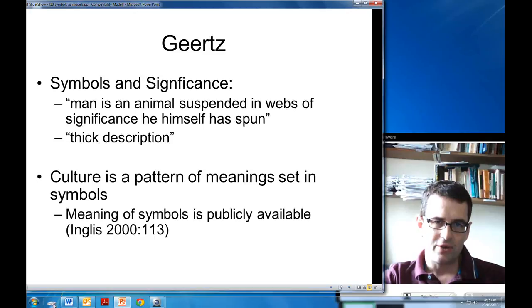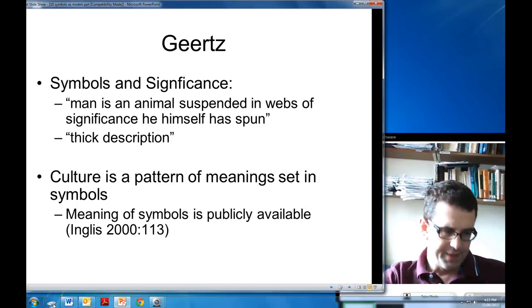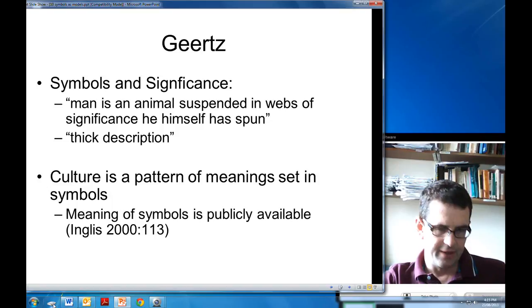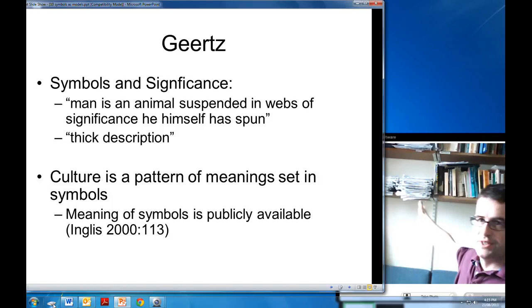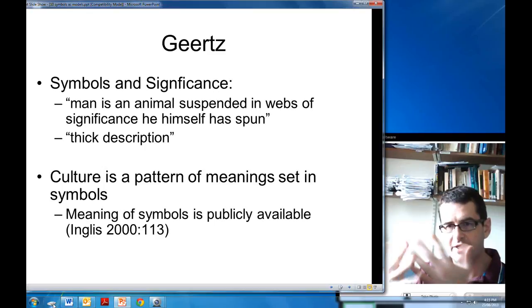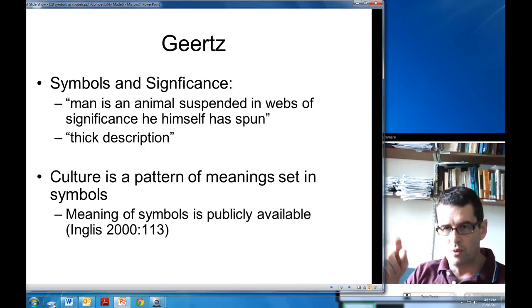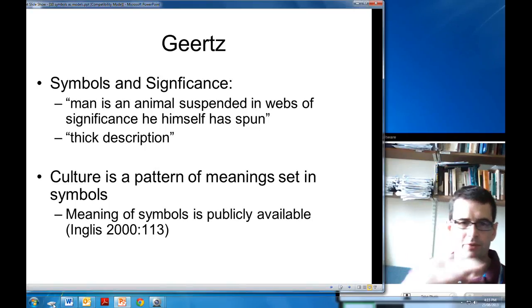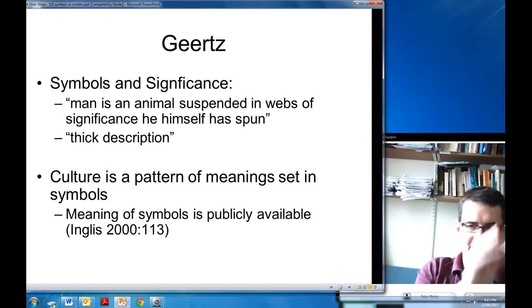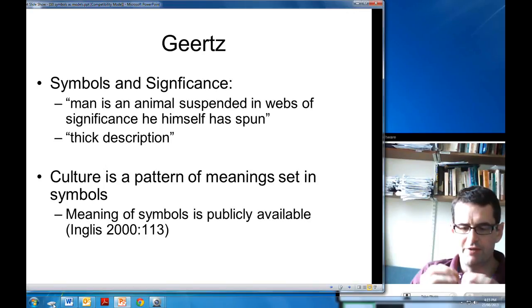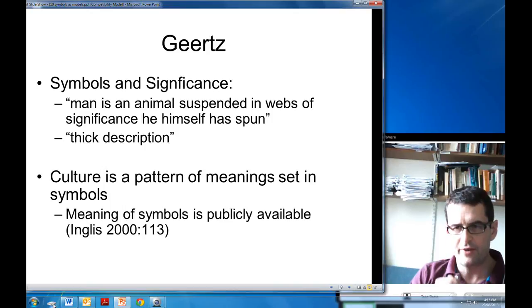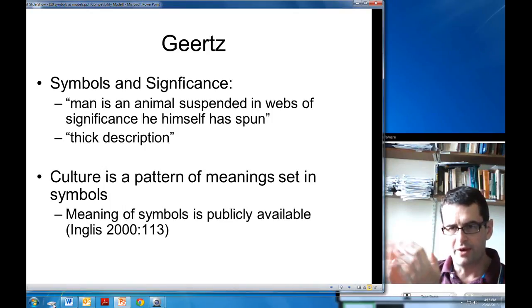Geertz sees humans as animals suspended in webs of significance they themselves have spun. What he means by this is, think about a spider. If a spider attaches to this wall back here, there are different ways a spider can attach. You can be in this kind of web of concentric circles. It could be big drooping webs. It could be funnel webs, different kinds of webs. And if you think about the wall, think of that like reality. So there are different ways a spider attaches to the wall. In the same way, there are different ways we can attach ourselves to reality.